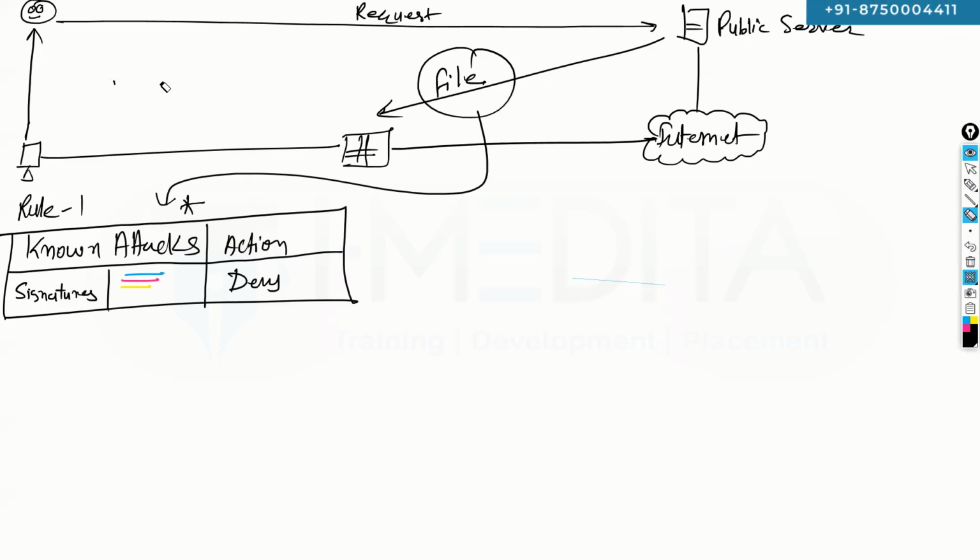Assume this file contains a virus, spyware or malware. This file will be matched with a known attack. At this time, the file is matching with our signatures. When the file's pattern is matching with a known attack, the action is deny, so this file will be denied. Now we can say that a normal firewall can deny